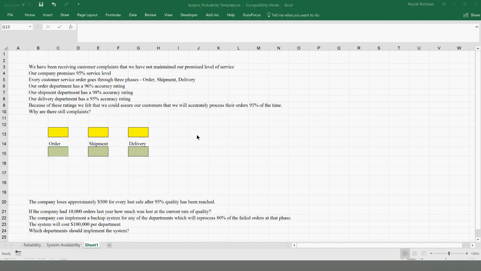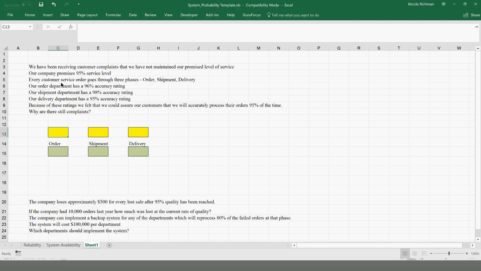We have made a promise from our company that we will maintain a 95% quality service level. And in this case, we're talking about ordering a certain product. But this 95% service level could be a service such as cleaning carpets or cleaning windows. It could be a delivery service. It could be any number of operations or customer service issues that we promise that our product or our service